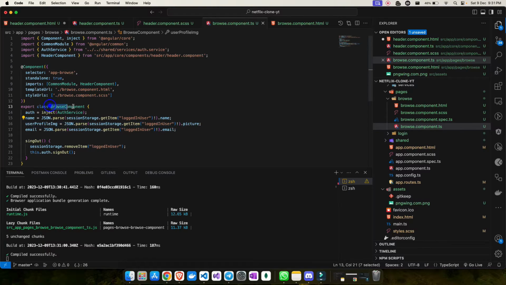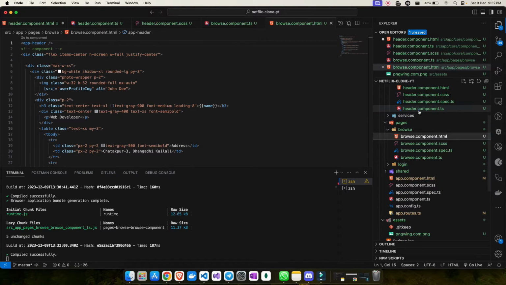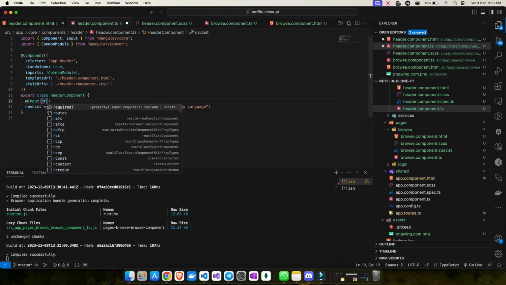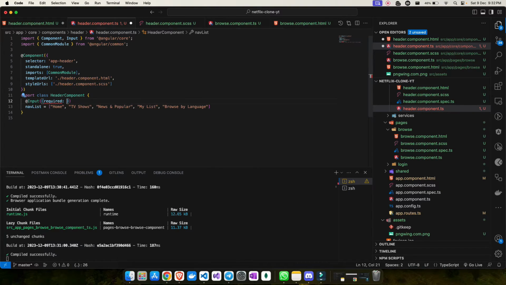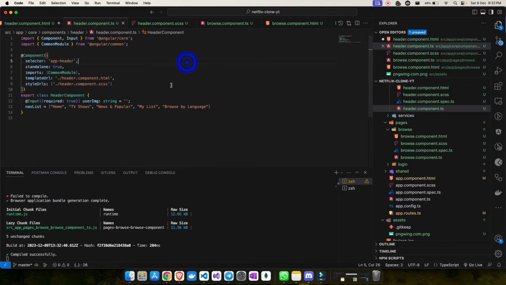So if it is in my browse component, I can pass it to the child component here in the header. Let me do data sharing in component. What I need is a user profile, so I'll make it an input. Once I make it an input, this will be a required field, or else it will throw an error. So let me say required as true. This is my user image, of type string, and I will initialize this as blank. Now you need to pass it here. So let's go here and do it. This is my user image, user profile. Save the changes here as well.